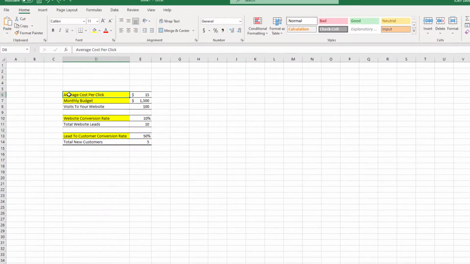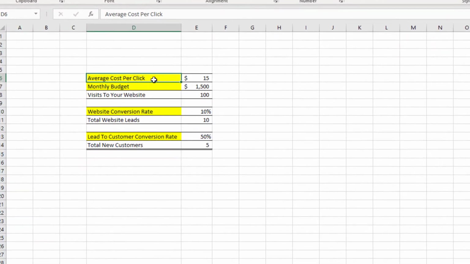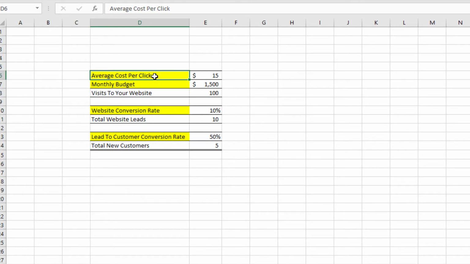So you can build a simple model like this. Here we have the average cost per click, which we've talked about all these numbers. So we assumed $15. We assumed initially our monthly budget was going to be $1,500. The visits to our website, we just divide the 1,500 by 15 and we come up with 100 visitors.